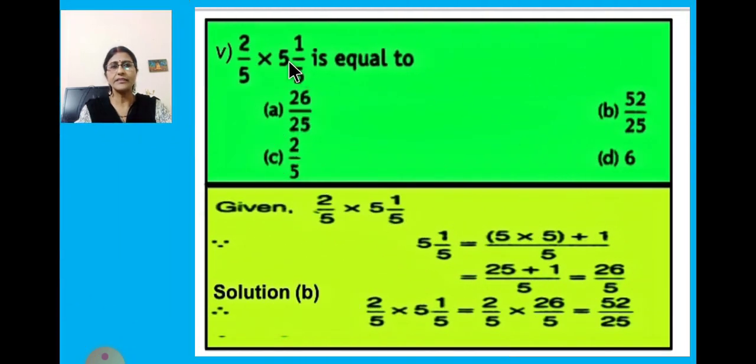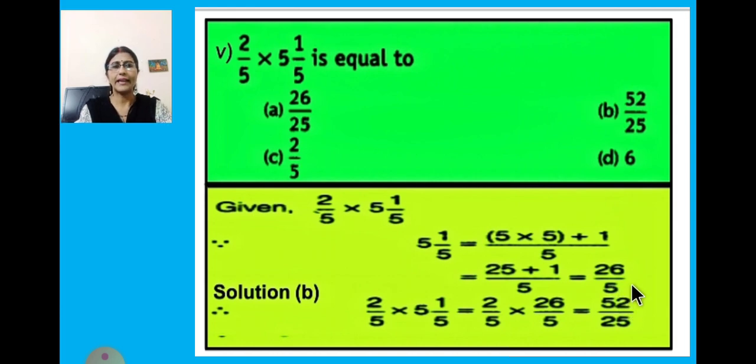Now next question, 2/5 of 5 1/5 is equal to, these are the options given, A is 26/25, then B is 52/25, C is 2/5, and D is 6. So as you have learned, whenever you get a mixed fraction, first you have to convert it into an improper fraction. So that is done here. 5 1/5, 5 5s are 25 plus 1. 25 plus 1 is 26, and the denominator will be the same, that is 5. So